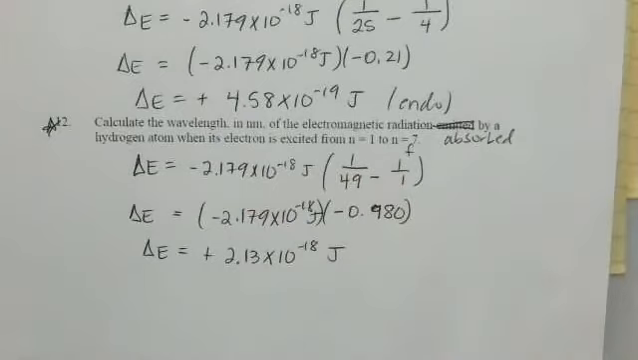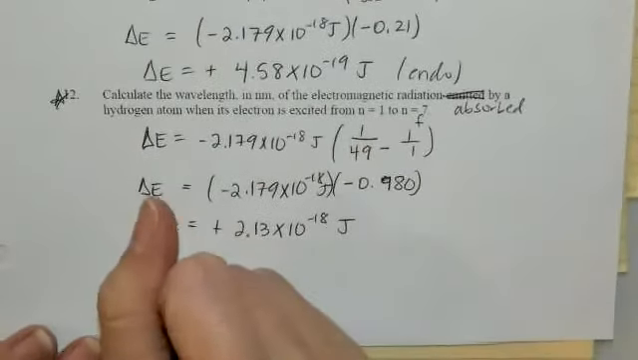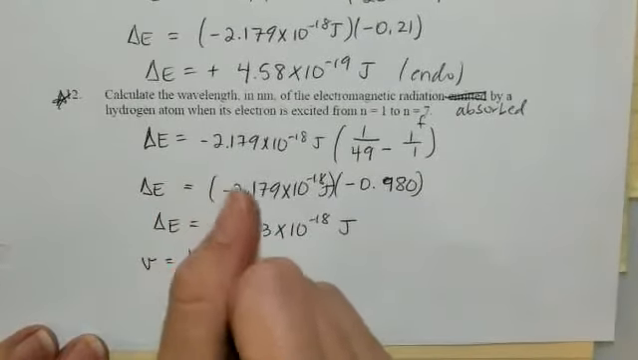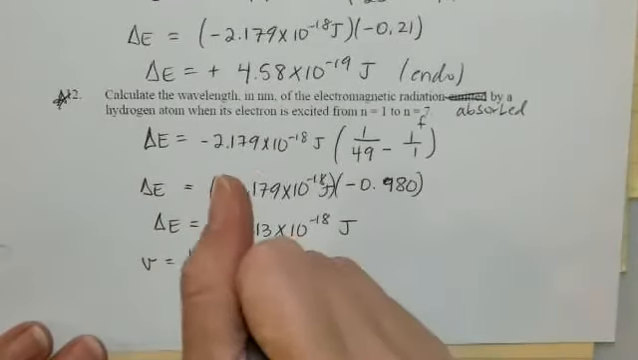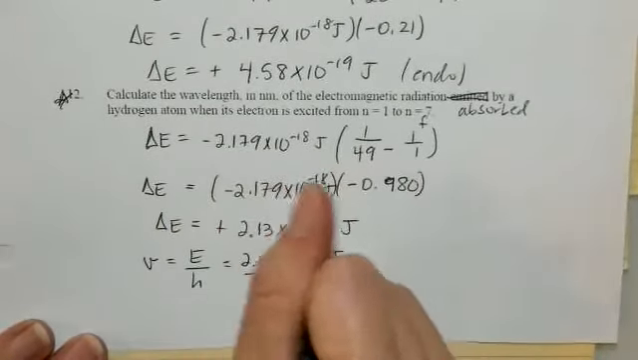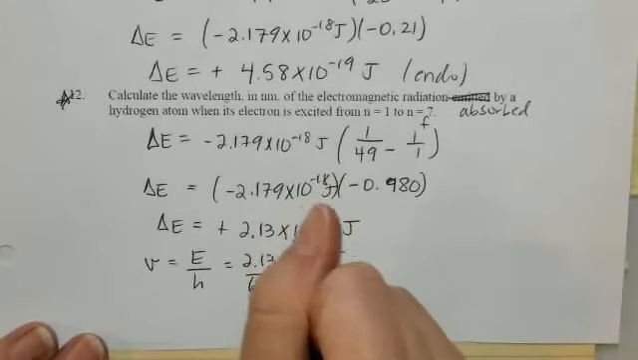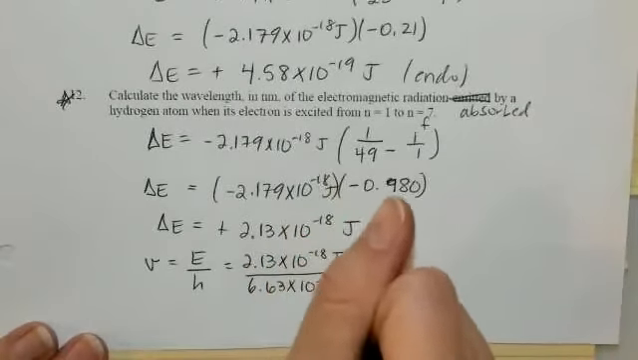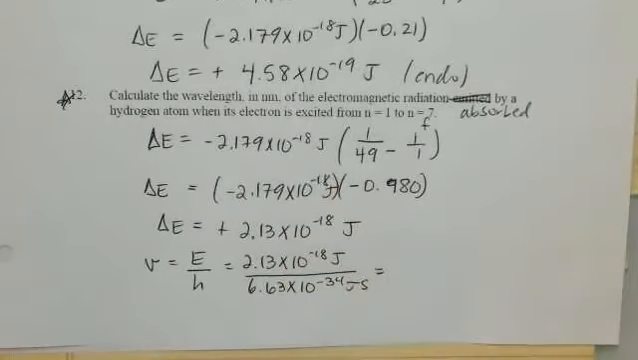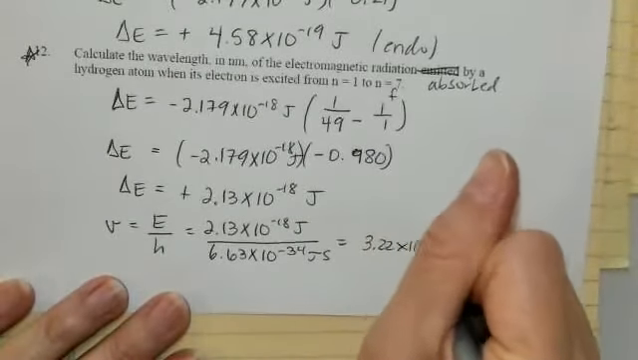Okay, so we got our energy. Now we want to know wavelength. So first thing is we're going to get frequency by taking E divided by h. That energy, 2.13 times 10 to the negative 18 joules, divided by Planck's constant again, the 6.63 times 10 to the negative 34 joule seconds. If I take this and divide it by Planck's constant, I get a frequency of 3.22 times 10 to the